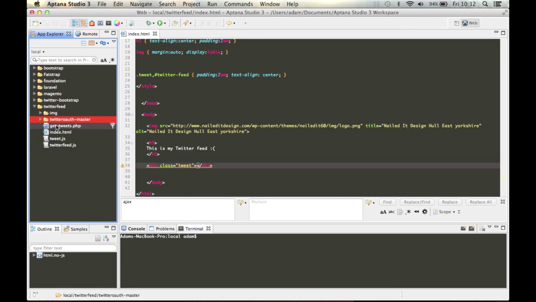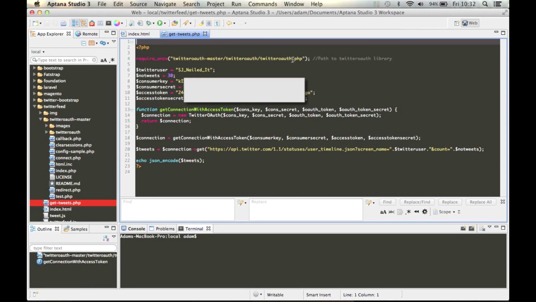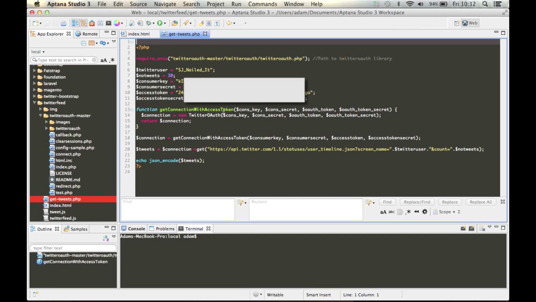As you can see, I've removed it from that folder and put it in my root. I advise doing that because the links within this PHP file are all relative to the root. If you keep everything relative to the root, it's easier, and you don't have to go through the JavaScript file and change all the links. It can stop things from working. But depending on how you want to do it, obviously you can feel free to do that. I didn't want to waste everybody's time by going through and changing all the links while I did this